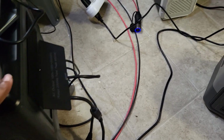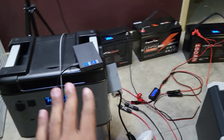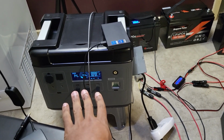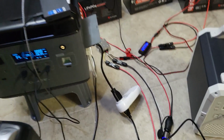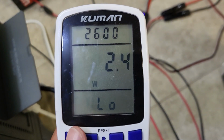Hopefully that makes sense. Now I could still take this and go into the MPPT charge controller because I think that won't impact the inverter, but I'm gonna just let this live on its own and not mess with it and just see what happens. So right now we're doing 637 over there. We still got 6.13 amps going in